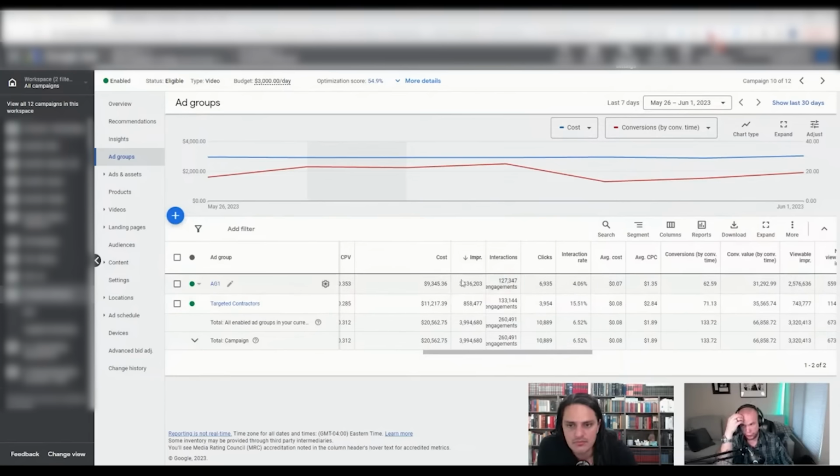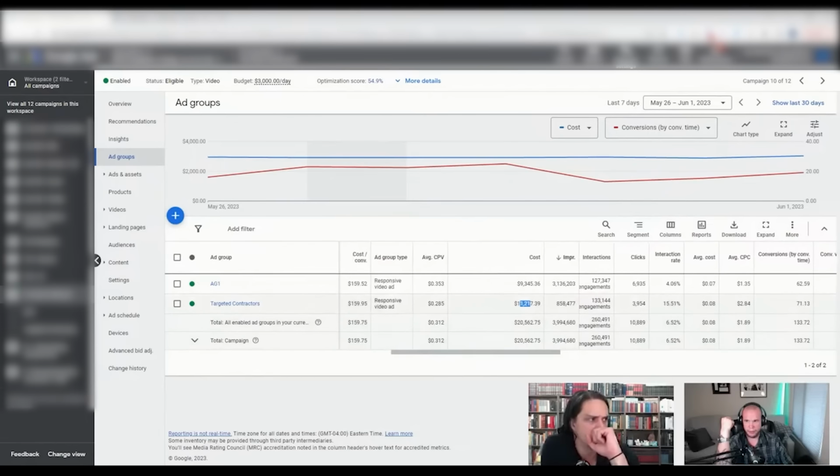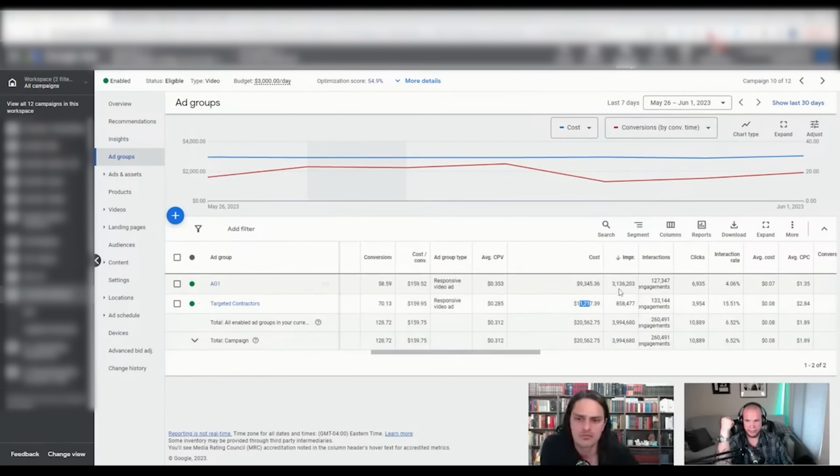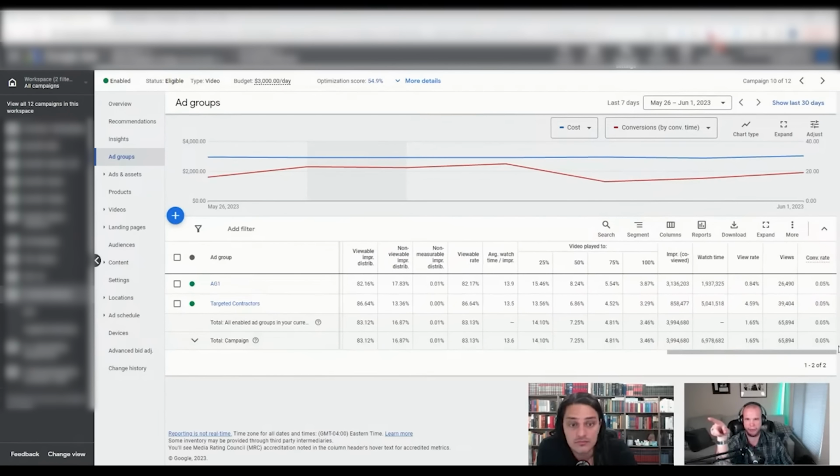You can see the impressions, 3.1 million and 858,000. Well, why am I spending more here and getting more sales if the impressions are massively different? This one's actually showing up a little bit more inside of YouTube search results, which then jumps over to this metric way over here called view rate.